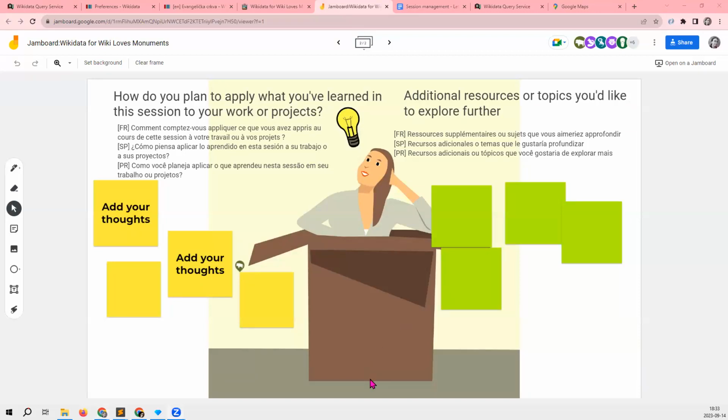Yeah, so you can always start dropping your thoughts around some of these questions. One thing for me is how I plan to apply this: I'm now seeing a whole lot of other places where I could actually get coordinates from. And I see the geolocator too, which could be very, very useful. And also something around how to run queries on Wikidata, which we would all be going into very soon.